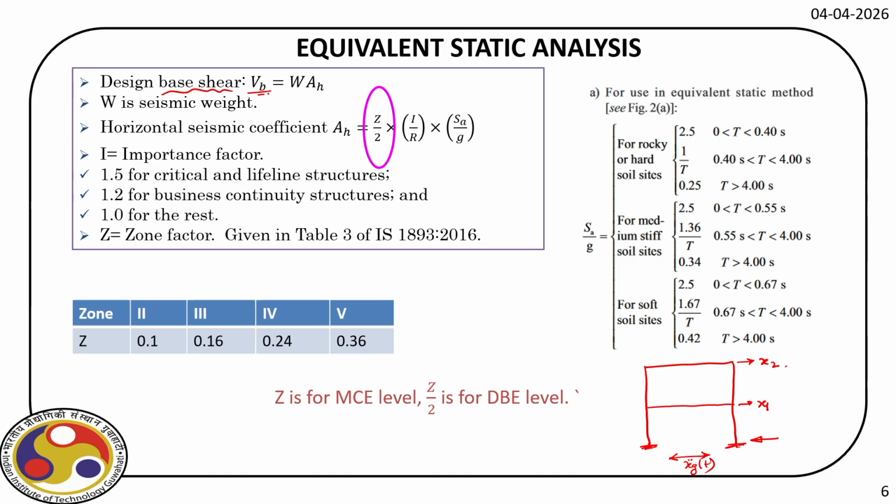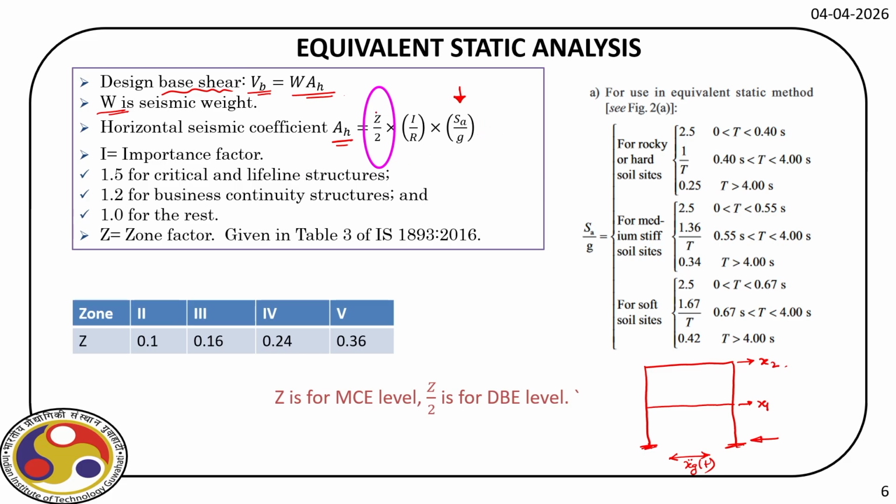the expression for base shear VB is equal to capital W times AH. Now, capital W is the seismic weight. So, when we'll consider the model in STAAD.Pro, we have to define the seismic weight, and then that we multiply with the seismic coefficient, which is AH. Now, the expression for AH, as you can see here, it is Z by 2 times I by capital R and SA by G. Now, in the next class, when we'll take up response spectrum analysis, I will actually define this SA by G, but for the time being, let us consider this as a factor.